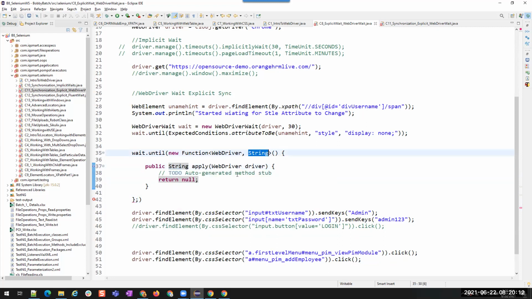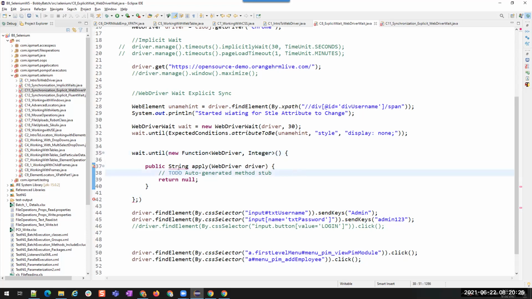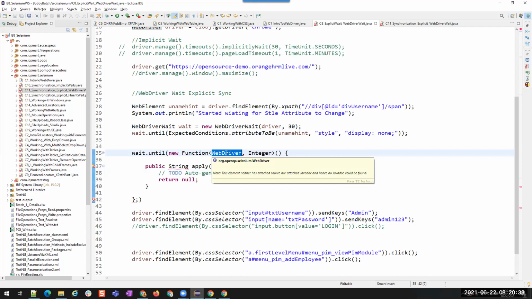Now for example, if I change it to int, you see it will throw an error. What is it saying? Change the return type of apply to Integer, because we are saying that I will give my WebDriver as input and I am going to get the output as Integer.